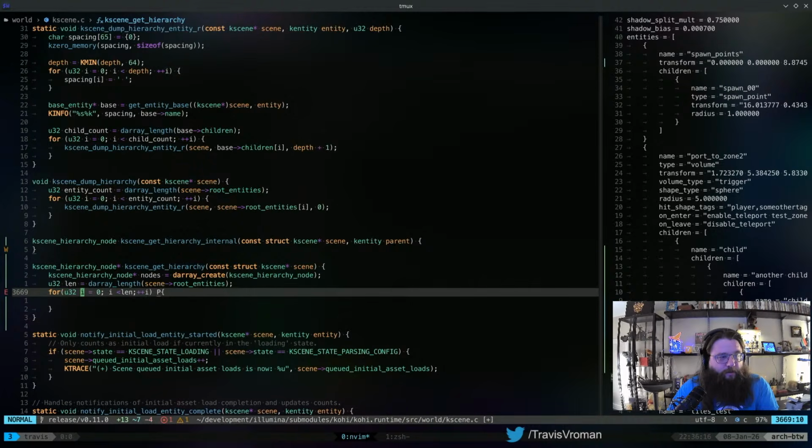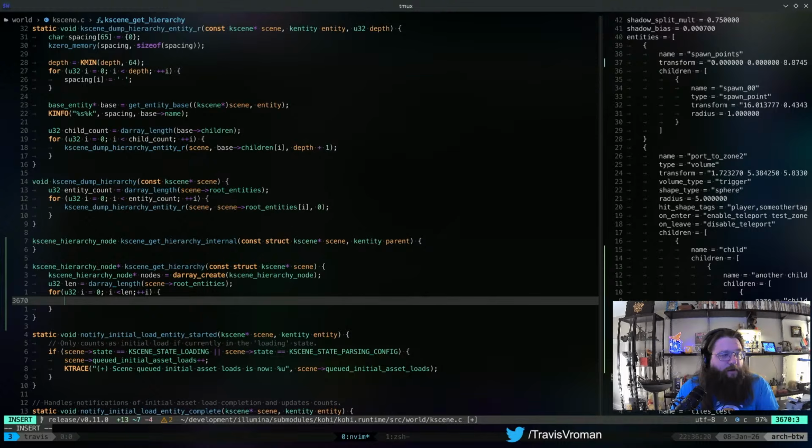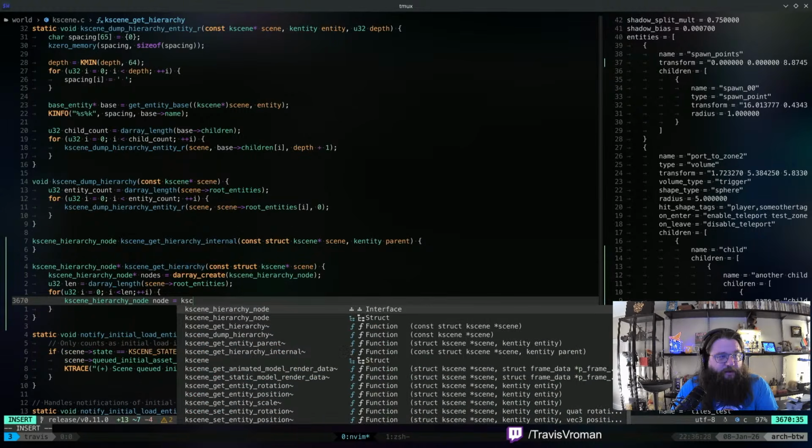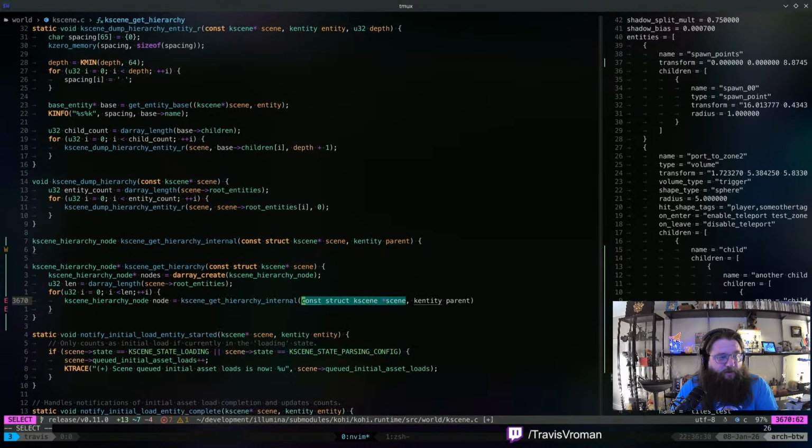And where that came from, we're going to do a K-scene hierarchy node node equals K-scene get hierarchy internal. And so that's just going to be scene, and then we're going to want scene root entities sub i.